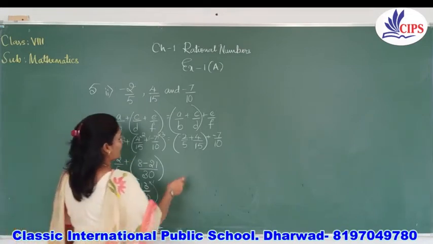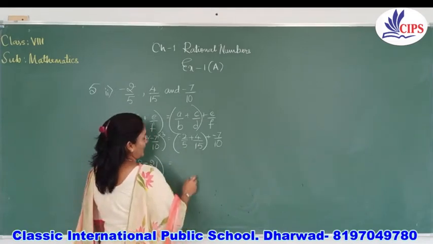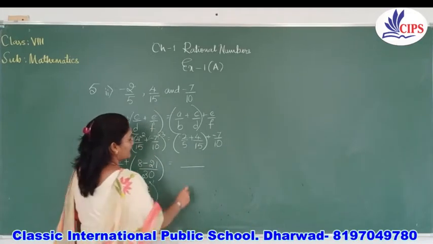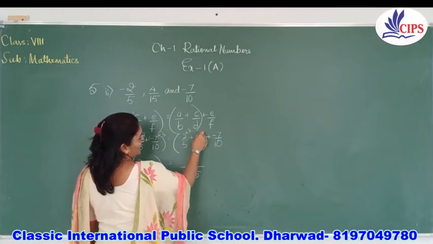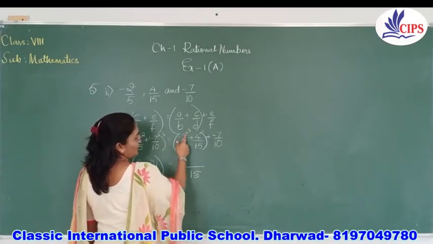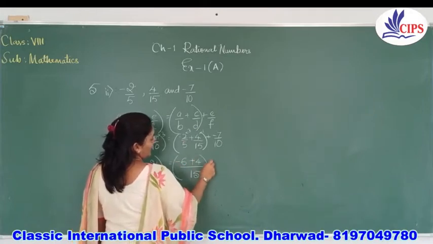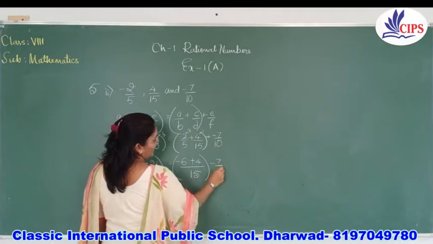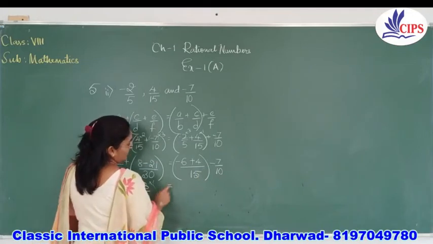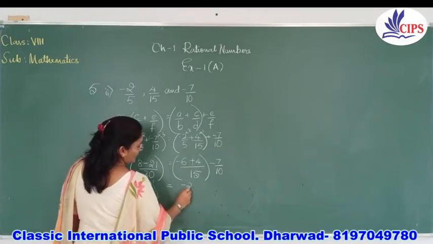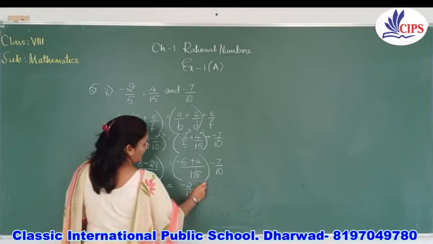Now we'll solve on this side and check whether we get the same answer. So here we'll take the LCM of 5 and 15. What's the LCM of 5 and 15? Yes, 15. 5 threes are 15, and here 15 ones are 15. I'll multiply these. Minus 2 into 3 is minus 6 plus 4. I'll put them in the bracket, and here I'll write directly minus 7 by 10, because we have two signs, I multiplied them and got minus. Here minus 6 plus 4 is minus 2 by 15. So we have solved, no need of putting the bracket again. I'll take the next number, that is minus 7 by 10.